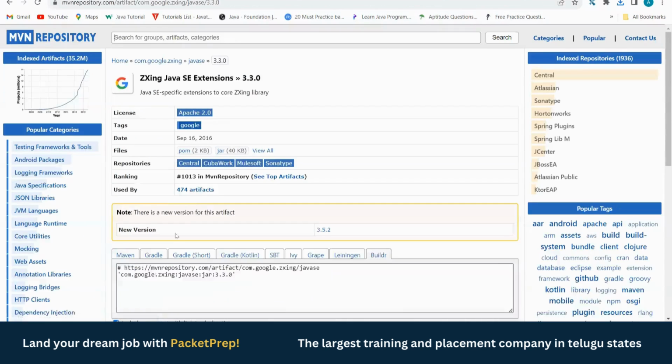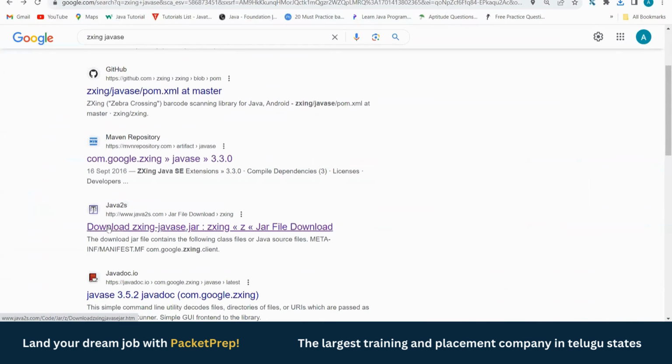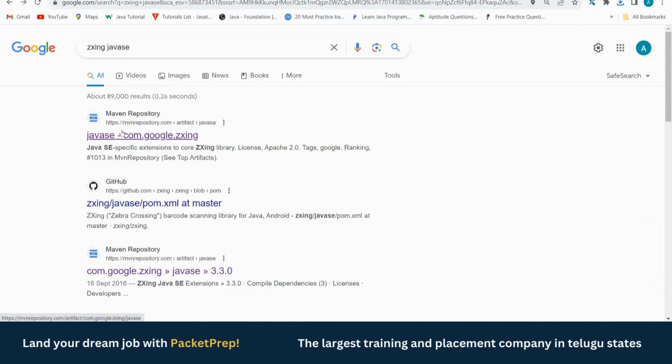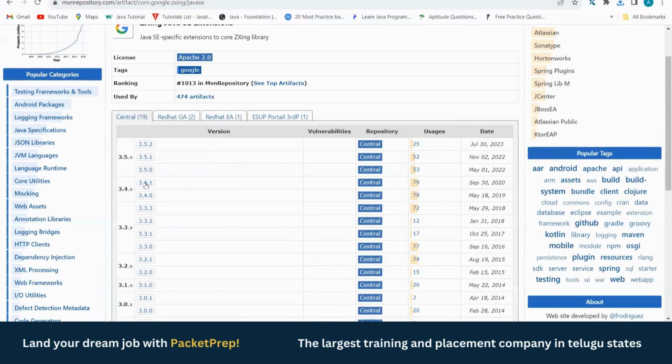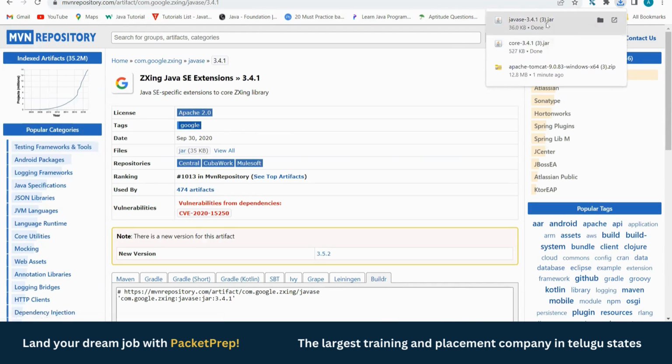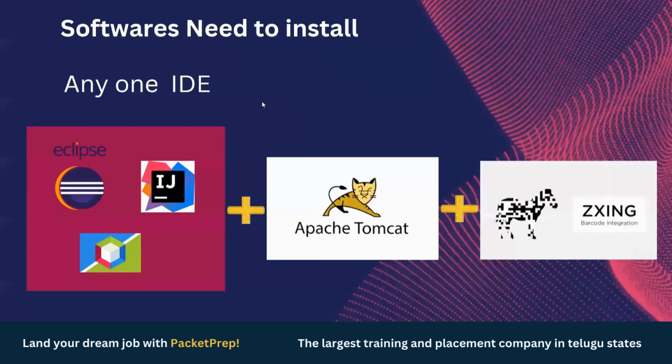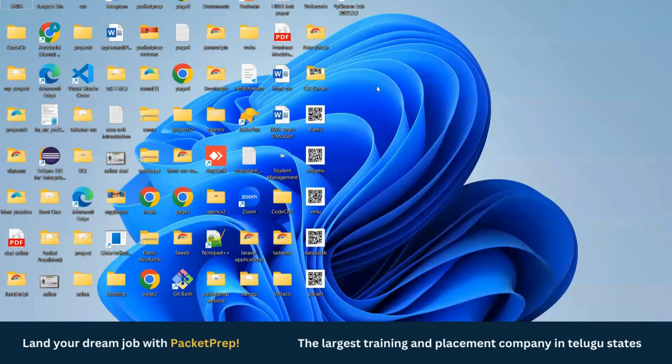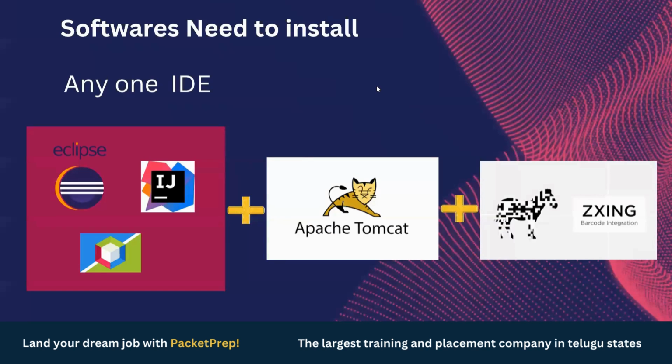Click on this com.google.zxing. Sorry, it's for 3.3.0. Yeah, this one, the first one. In this also we need to install a 3.4.1 version. So I'm clicking on this 3.4.1. I'm clicking on this jar file and it's downloaded. After completion of this software's installation, we need to configure these softwares like Apache Tomcat and ZXing